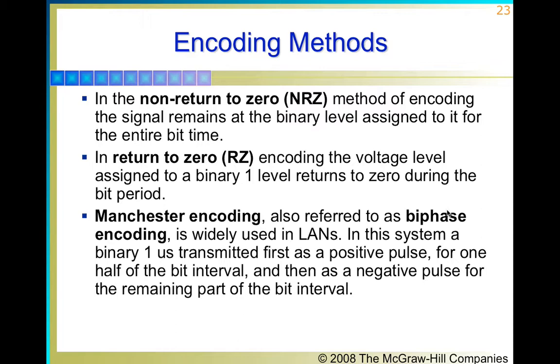The first is non return to zero. You can see over here, if 1 bit is communicated, it is the mark level, and if a 0 bit is communicated, it is a space level, and the overall bit duration is kept at that level. And then we have the return to zero, where for half of the bit duration of 1, it will be at the 1 level, and for half of the bit duration it will be at the 0 level. While over here you can see